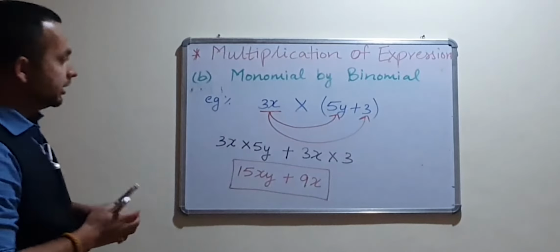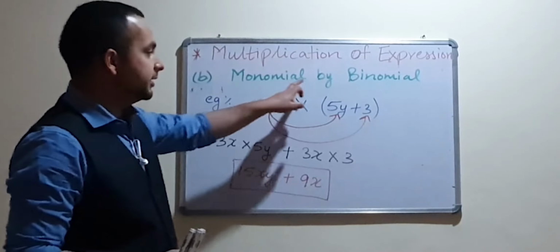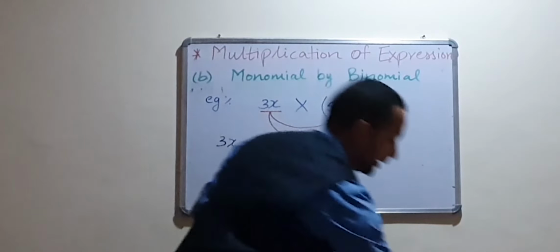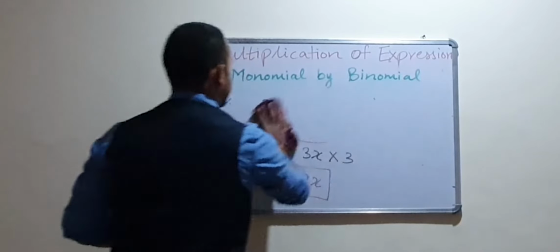Monomial by binomial. Monomial multiplied by binomial. Understood? Okay. Next,